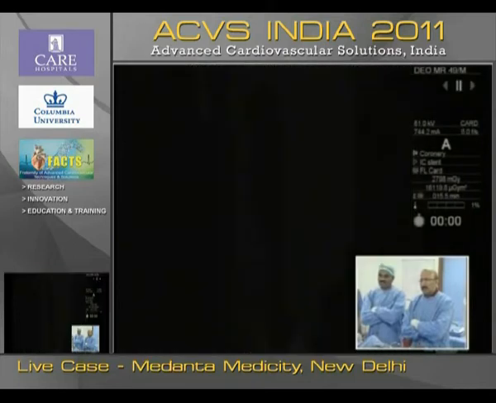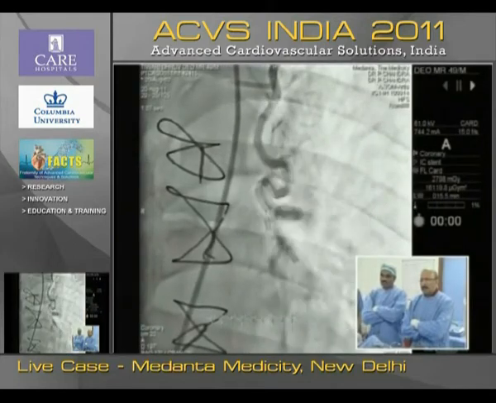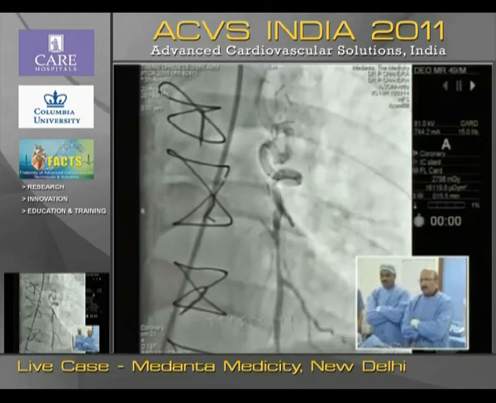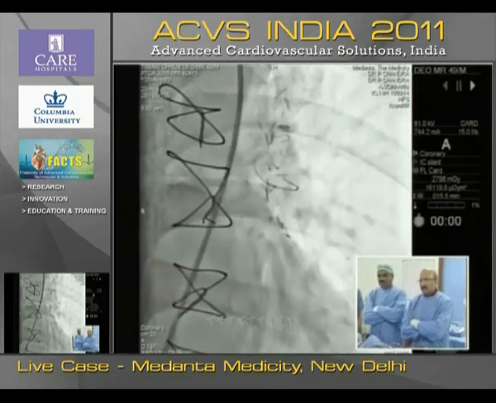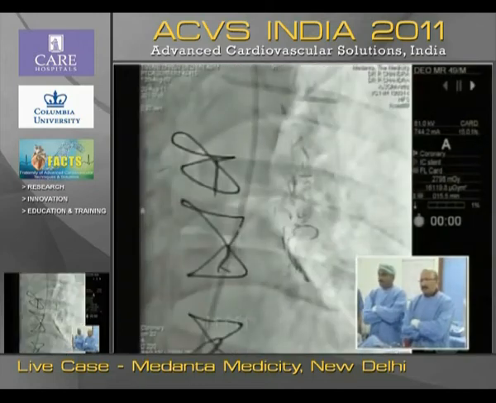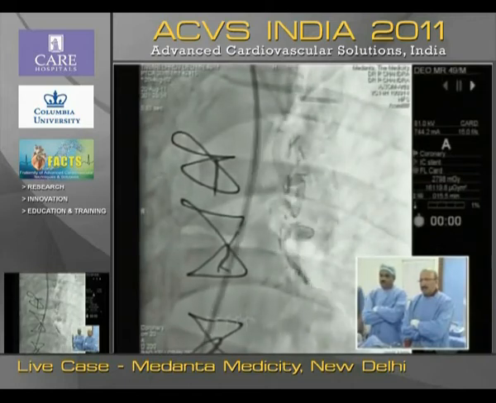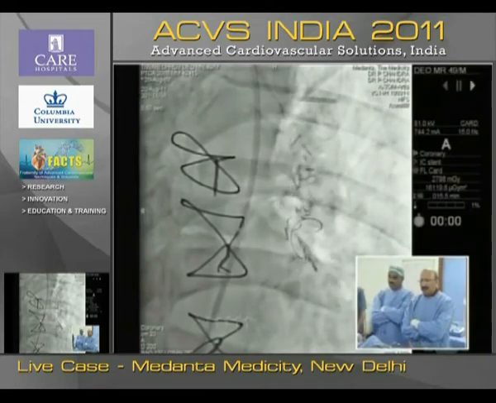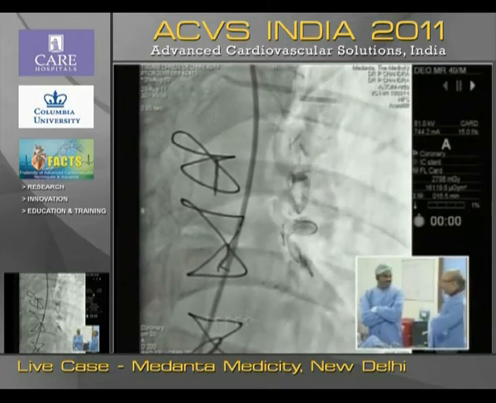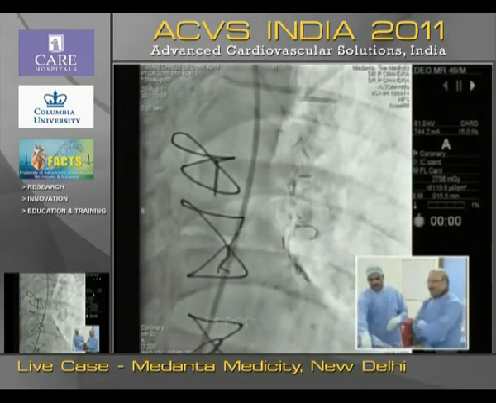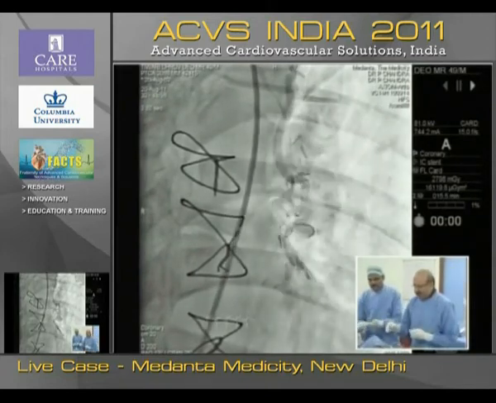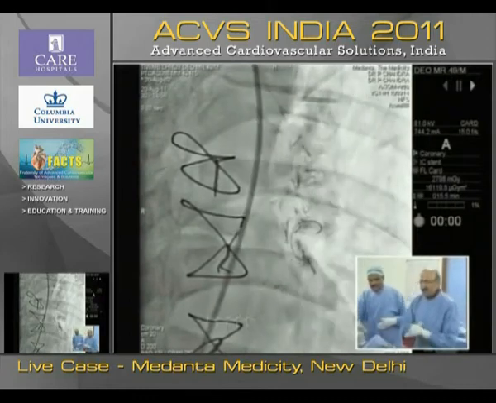And up till now we are here. We have crossed almost 3 loops. And here you see, this is how the wire is sitting now. I'm not sure whether we'll be able to cross any stent through this. So what are the guesses there? What stent, and whether a stent will cross this?